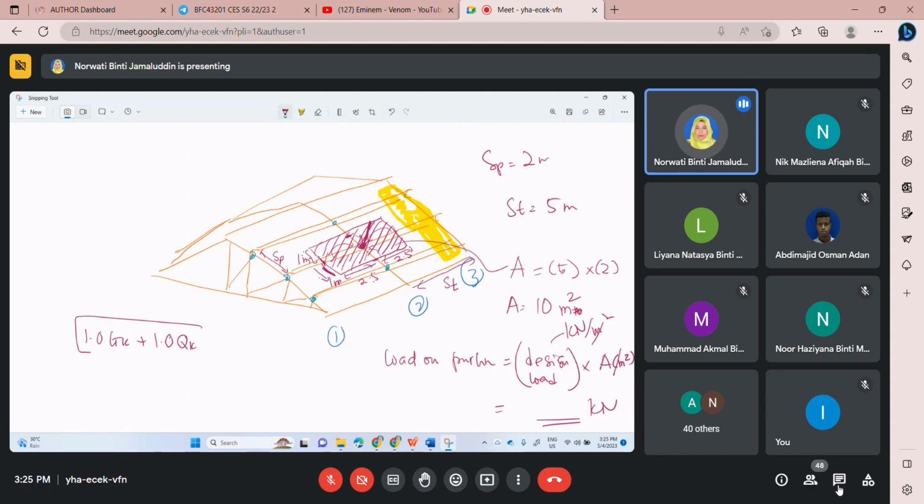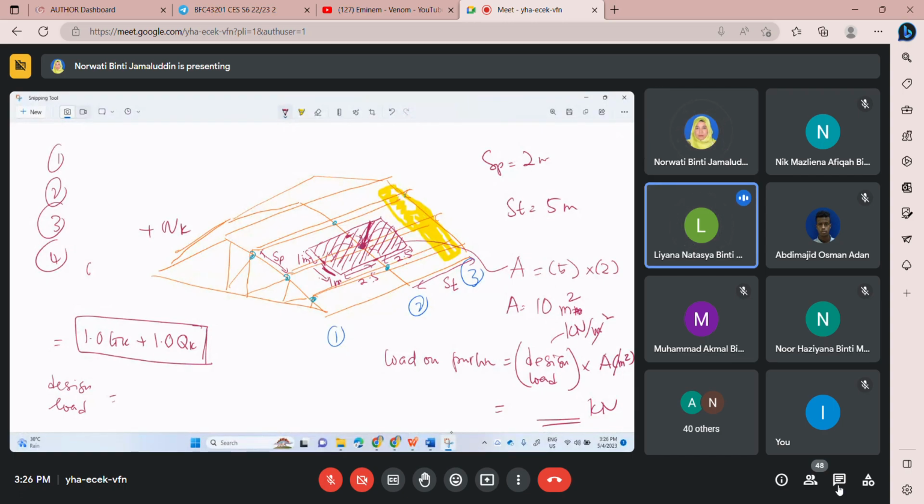Okay, let's say I'm using GK dead load, permanent load and variable load combination. But you have another combination load, right? You have like a 4, plus also wind load. Let's say I'm just using typical case 1.0 GK and 1.0 QK. GK plus QK, dead load plus imposed load, or permanent load plus variable load, but unfactored. So I put it as a 1.0. So this is the design load. So the design load here will be